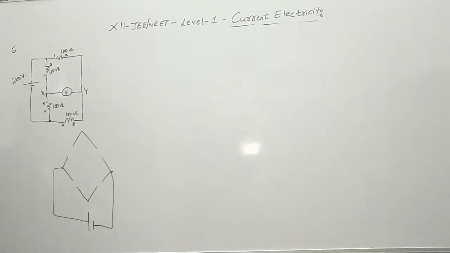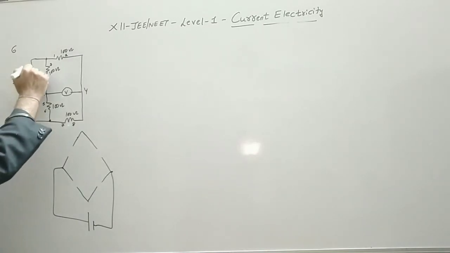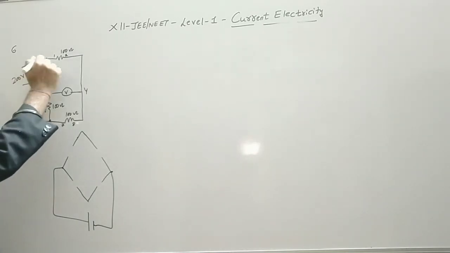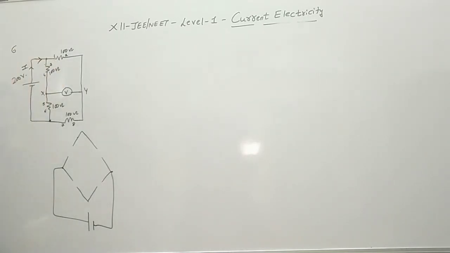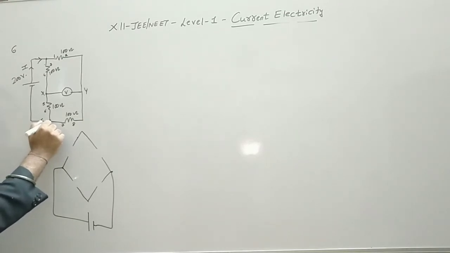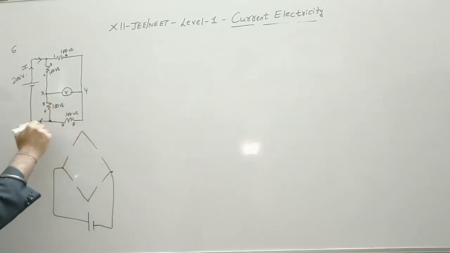Always it is better to check first for a Wheatstone bridge if there are 4, 5 or 6 resistances or capacitors, the same thing is applicable, because clearly when we start a current from this point, it will be divided into 2 branches, which is also the situation in the Wheatstone bridge. And when the current comes out, again it comes from 2 branches or 2 arms only. So we have to check the division.